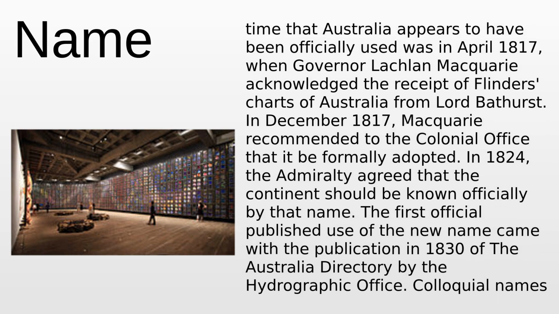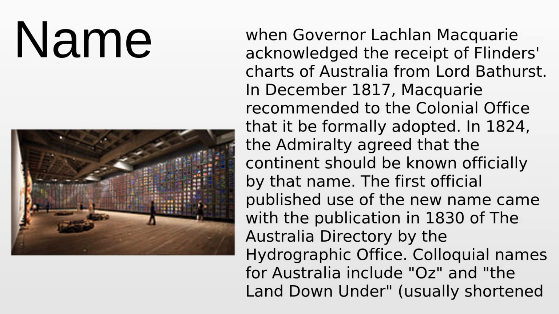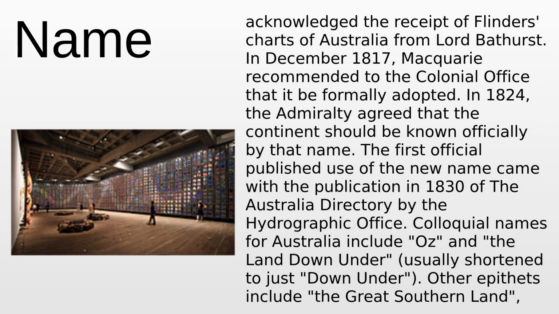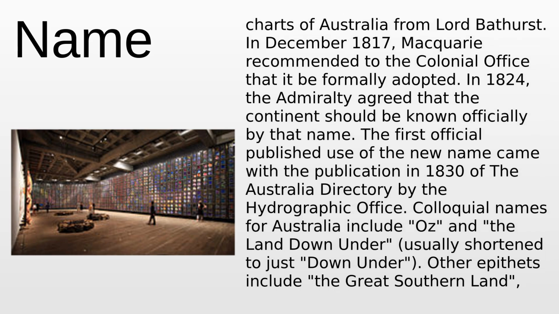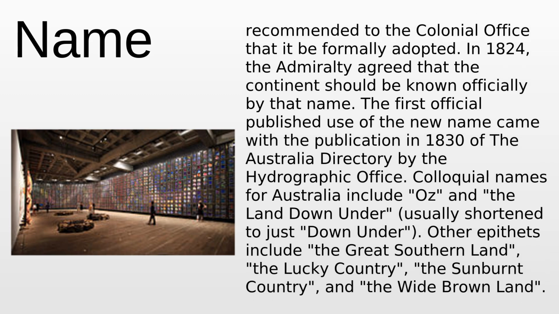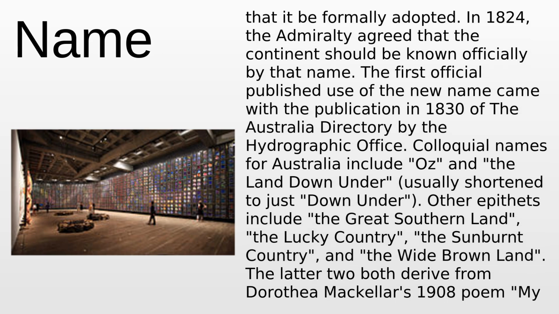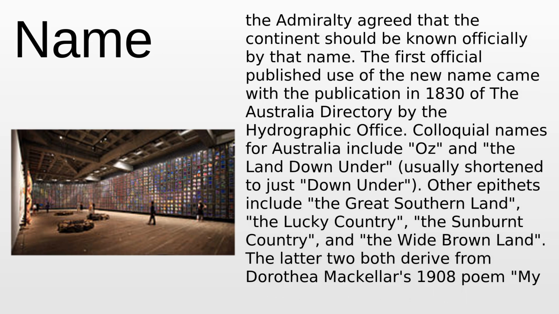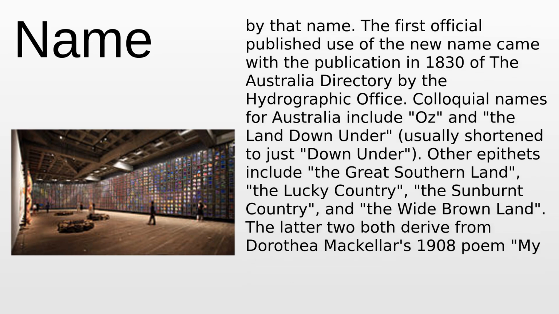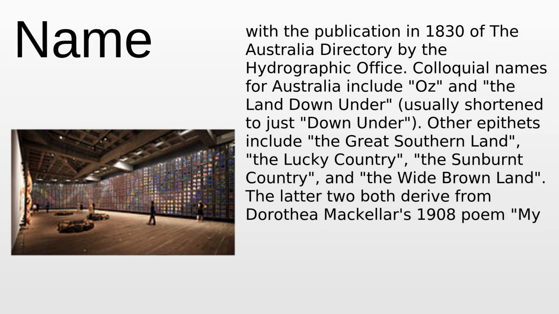The first time that Australia appears to have been officially used was in April 1817, when Governor Lachlan Macquarie acknowledged the receipt of Flinders' charts of Australia from Lord Bathurst in December 1817. Macquarie recommended to the Colonial Office that it be formally adopted. In 1824, the Admiralty agreed that the continent should be known officially by that name. The first official published use of the new name came with the publication in 1830 of the Australia Directory by